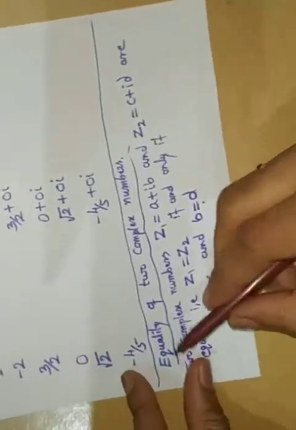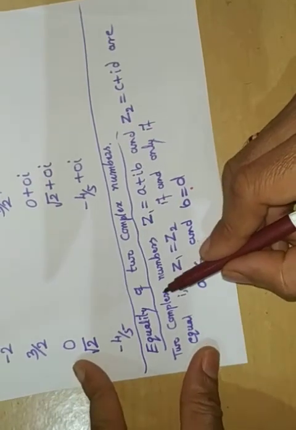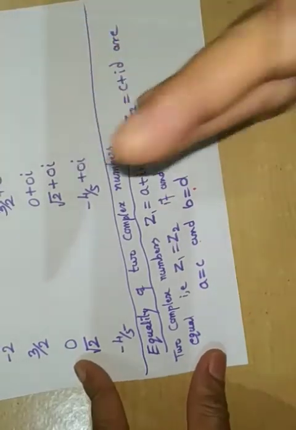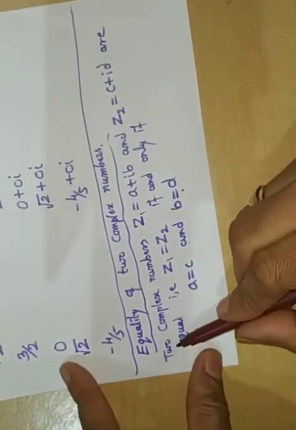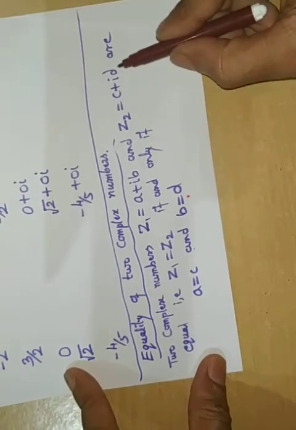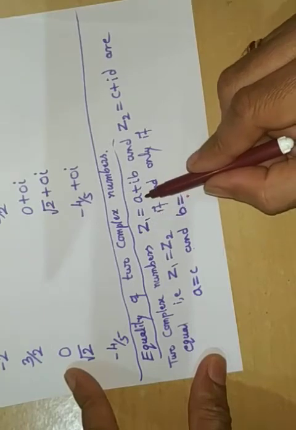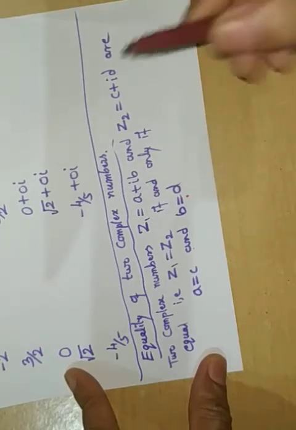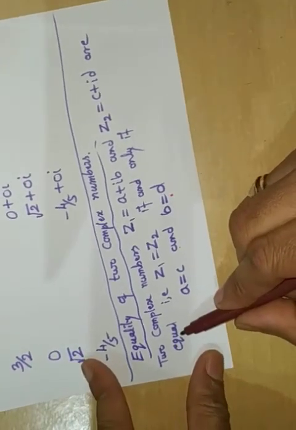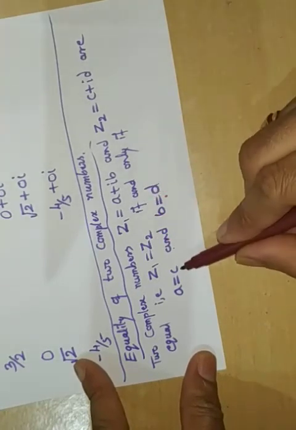Okay, now the next concept is equality of two complex numbers, meaning when we call two complex numbers equal. Two complex numbers z1 equal to a plus ib, and z2 equal to c plus id. This is one complex number denoted as z1, that is a plus ib, and z2 is another complex number, that is c plus id. They are equal, that is z1 is equal to z2 if and only if a is equal to c and b is equal